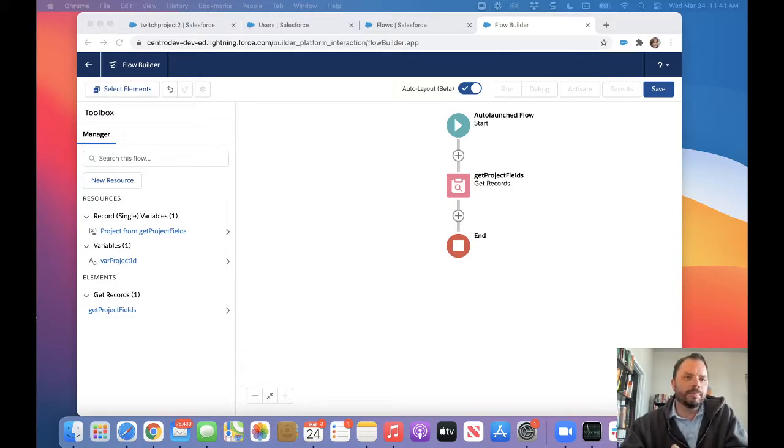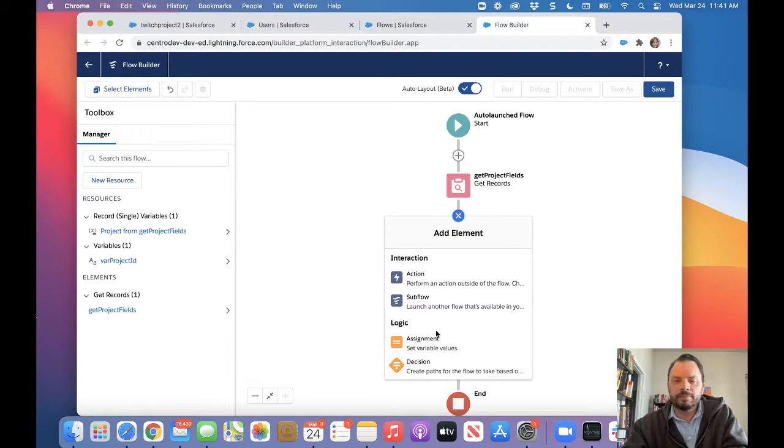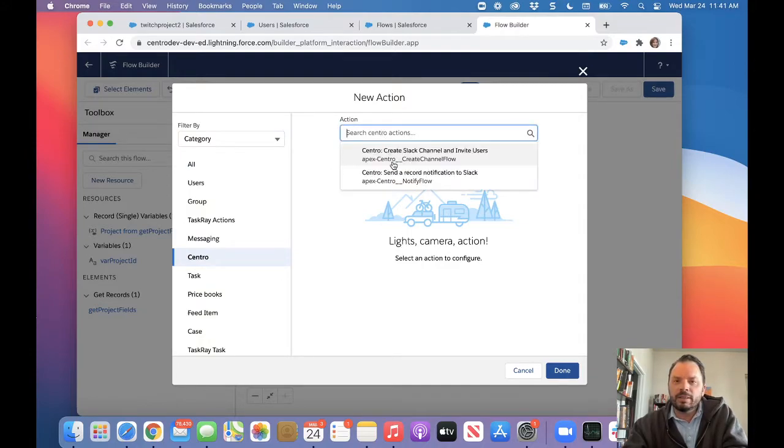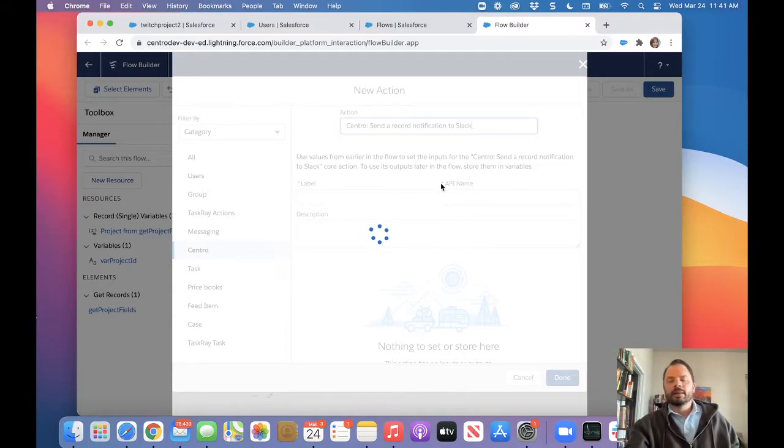Now, we're going to send a message to a channel. So we'll use again our Centro send a message, a record notification to Slack. And